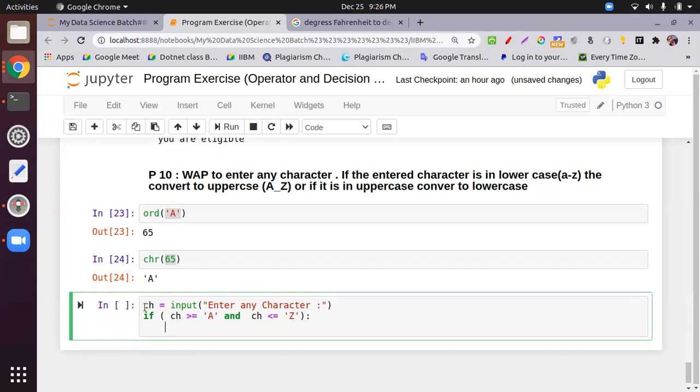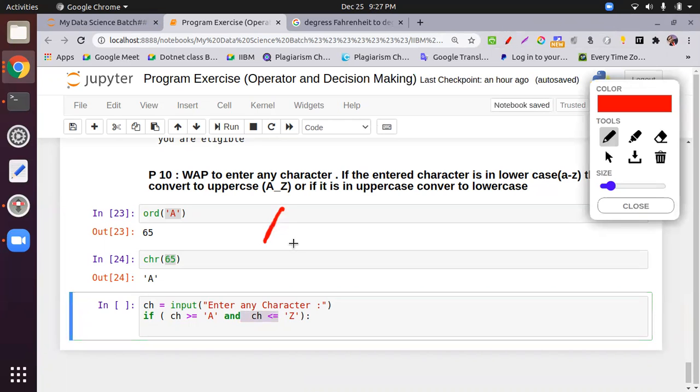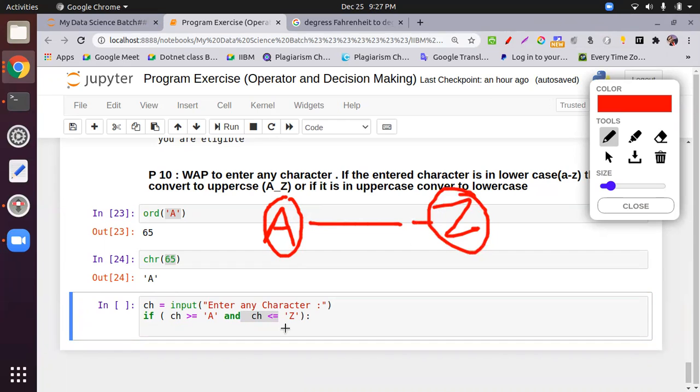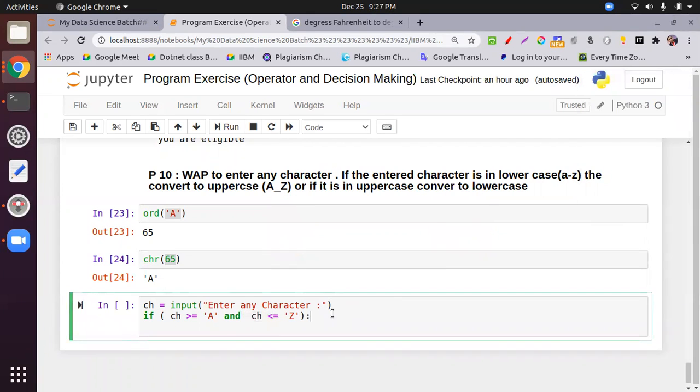What I'm checking, first is the capital letter. I mean, anything starting from A, either it is A or greater than A, and either it is Z or less than Z. Okay, so what we do,